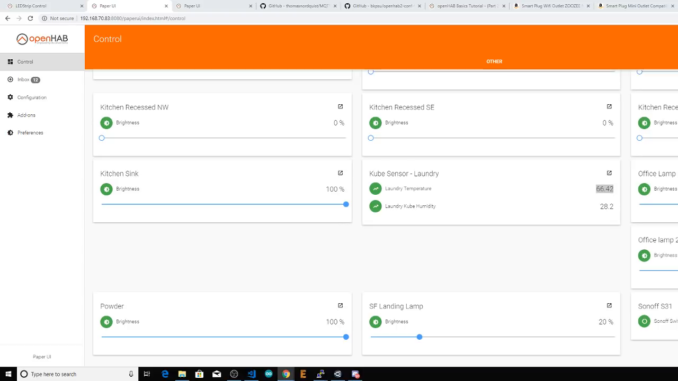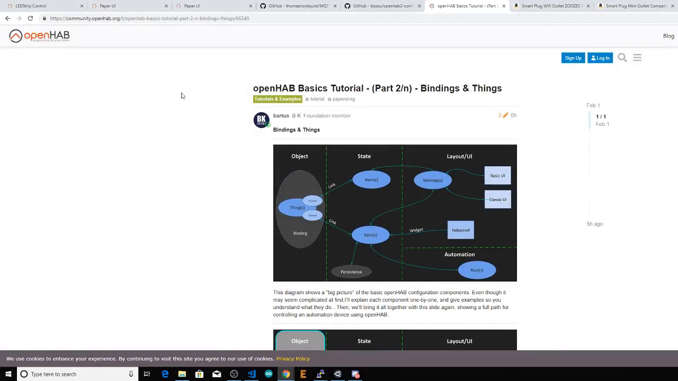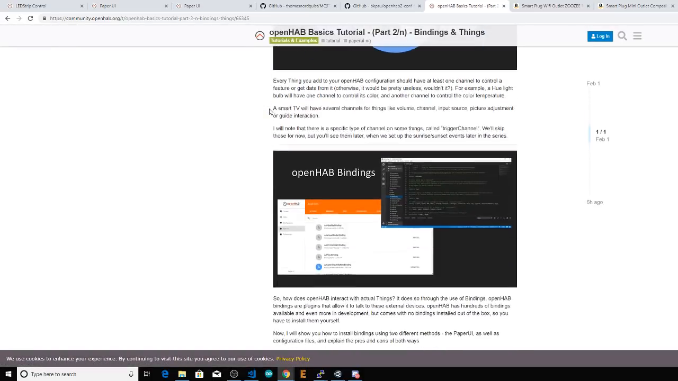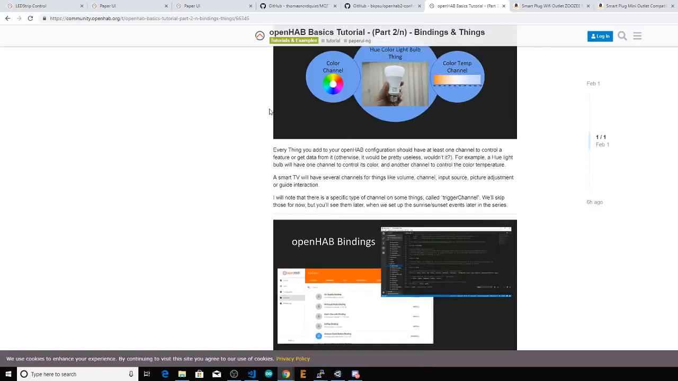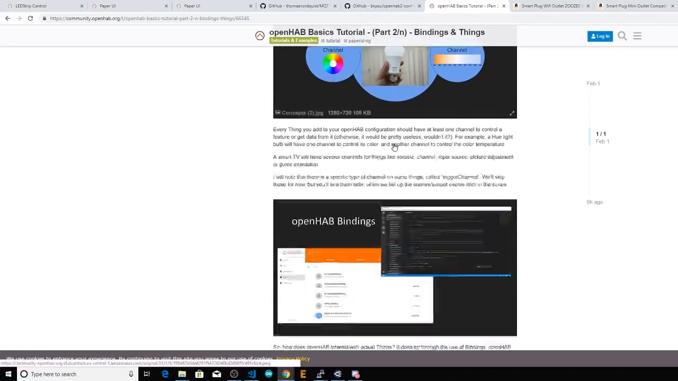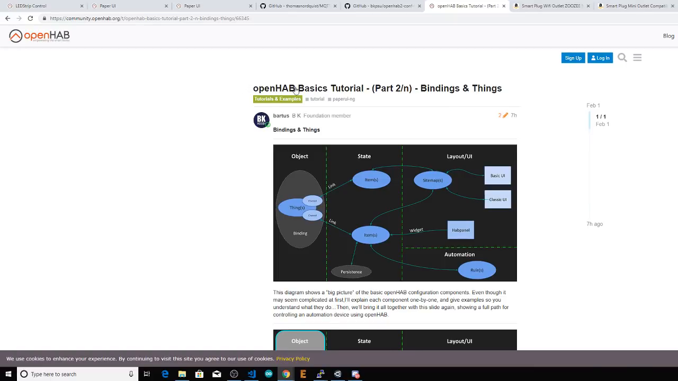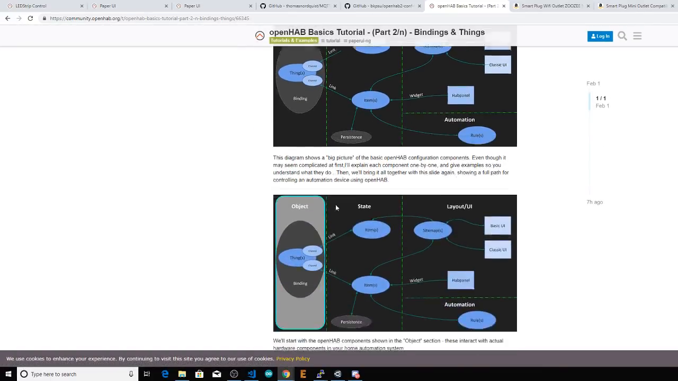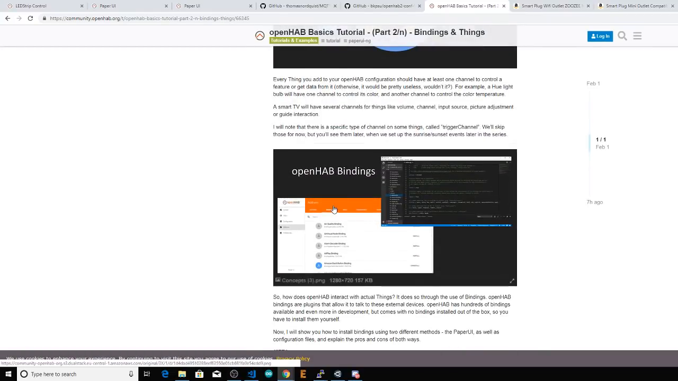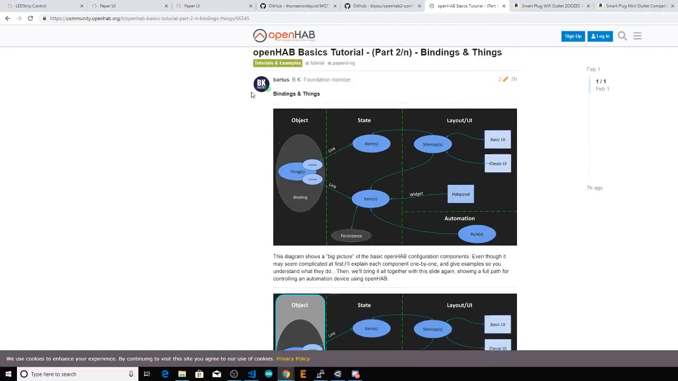While I have your attention, I wanted to show you one other cool thing on the forums. First, I started posting the whole openHAB basics tutorial, including all the slides that I used in my videos, up on the community forums. So basically, search for openHAB basics, and you can go back over the videos that I created for the openHAB basics tutorial. So that's one thing I want to show you, right? The other